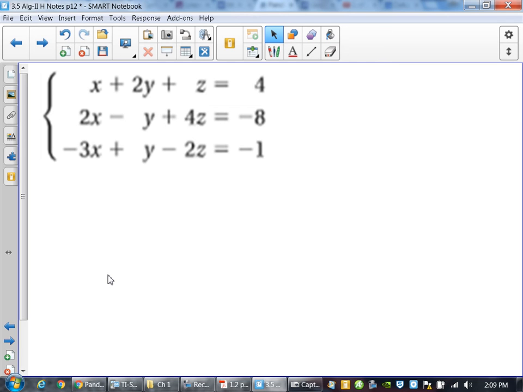One of the things that we can do with these, guys, come on, this will be a lot faster. Come on. One of the things that you can do with these is that